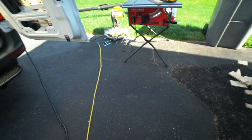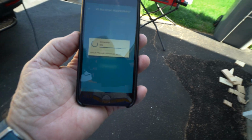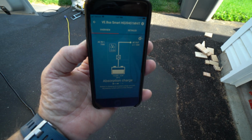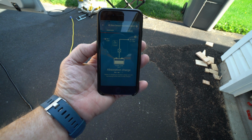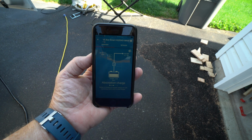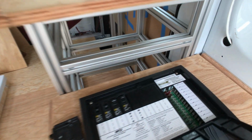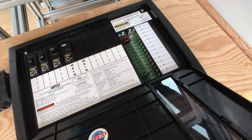So I come around on the back of the van, step outside, and with my iPhone, I log into the Victron app, click on the inverter function, which is one of the components there, and it shows that I am indeed charging the batteries using the shore power. On the right side, I have places for 15 different circuits for all the various DC